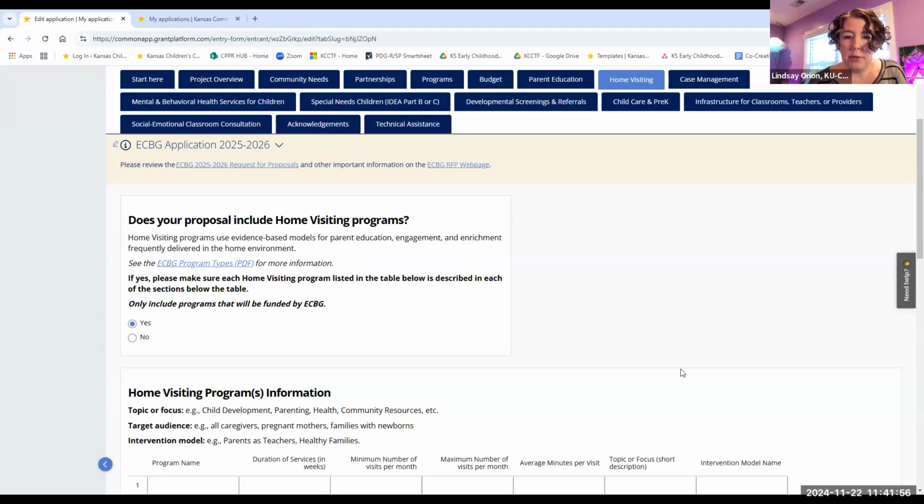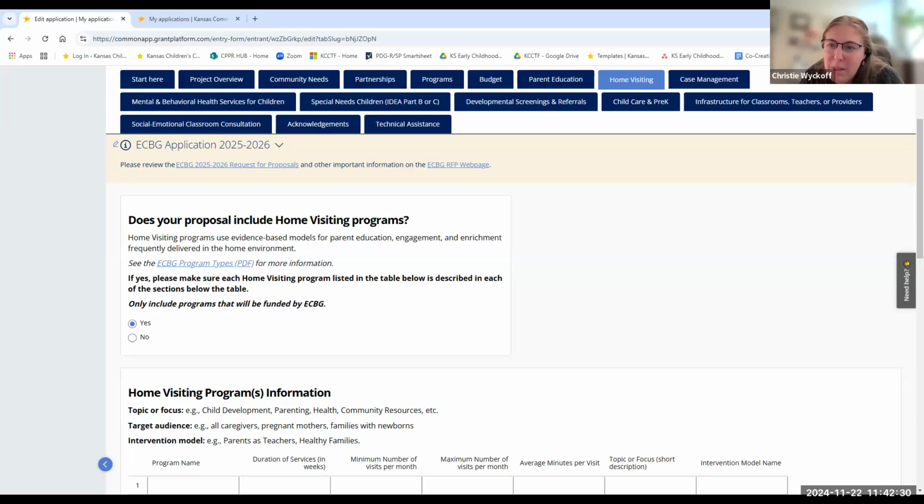Christy asks: we are a childcare center that is part of a USD, but not a preschool that gets any state aid. You are welcome to apply. I was going to start answering some of those, but I wanted to make sure there was nothing else. Julie asked if we're a USD, do we click yes? I think I answered that. I think she was talking about the USD budget on the childcare pre-K tab.